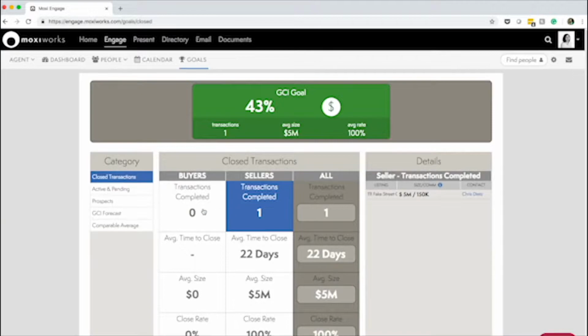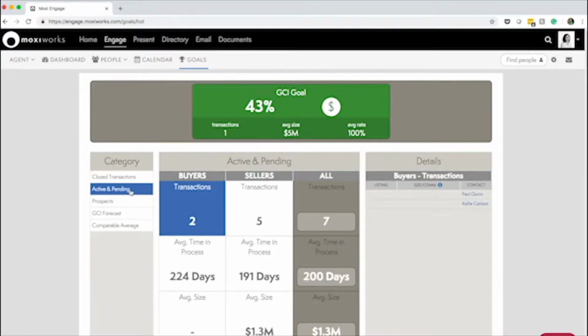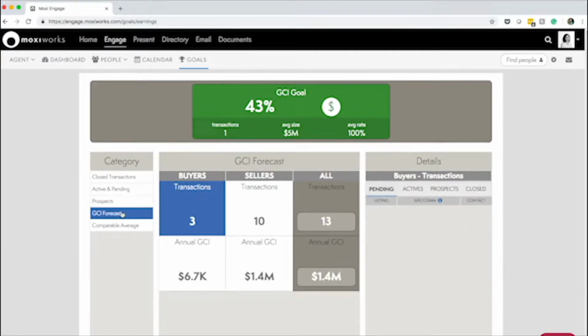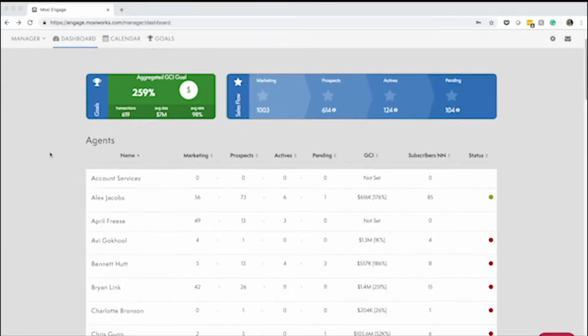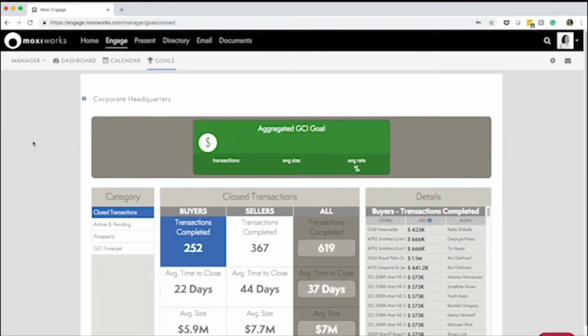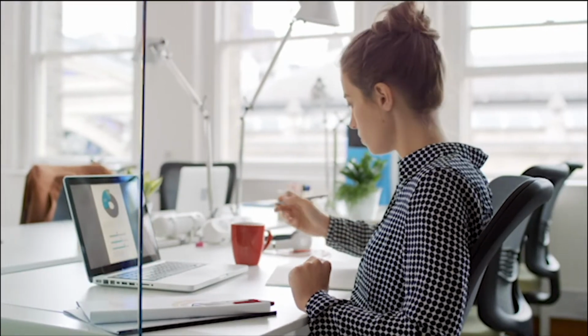Each sale is tracked in the agent's goals dashboard, allowing them visibility into their progress towards the annual goal they've set for themselves. All of this rolls up to their manager's dashboard as well, so coaching opportunities aren't missed, and wins can be celebrated. Managers and agents can both